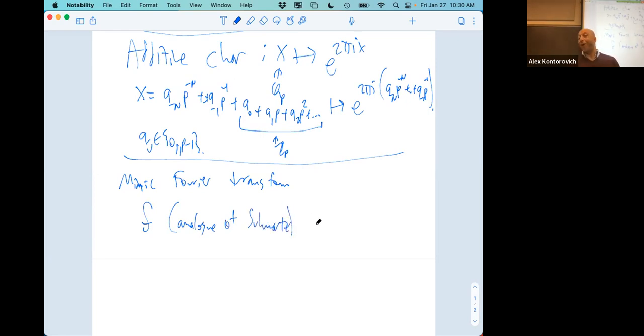Indicator function? Well, we didn't call it an indicator function. We called it locally constant. Right, we want it to be locally constant and compactly supported. So that's the analog of Schwartz. Please. Regarding compact support, for Qp, doesn't that mean that literally the values where the function is supported has to be